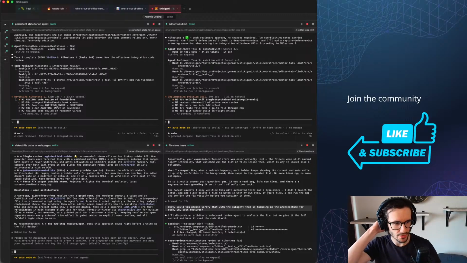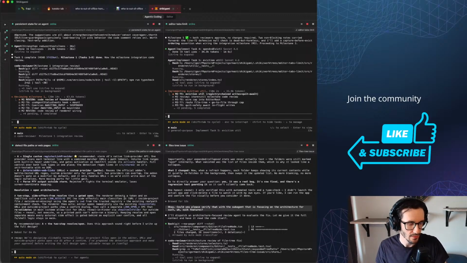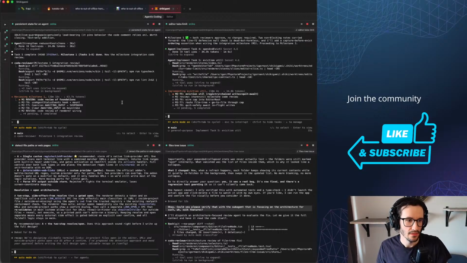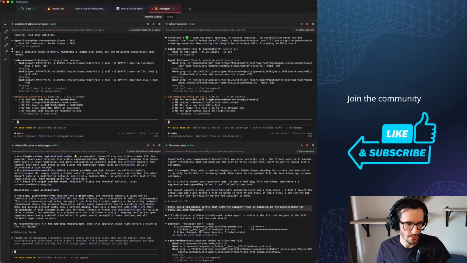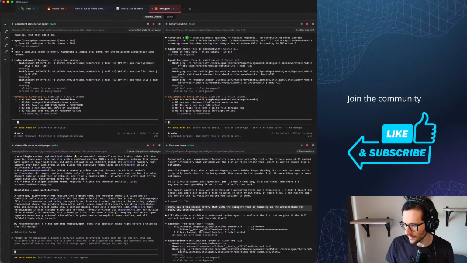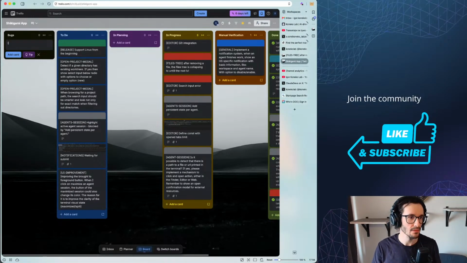Okay, one more issue that I see now. I cannot scroll the bottom left terminal. I cannot scroll the content there. Let me add an issue for that.